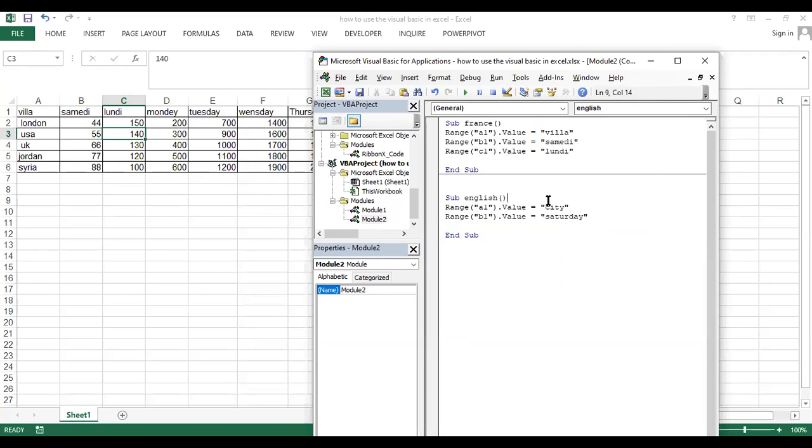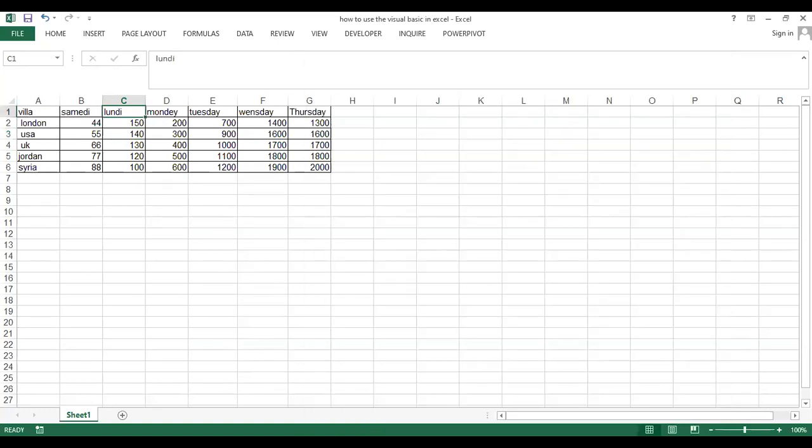And here I want to make play. He changed city and the Saturday. If I go back here and let him make play villa, but here I have also to change this